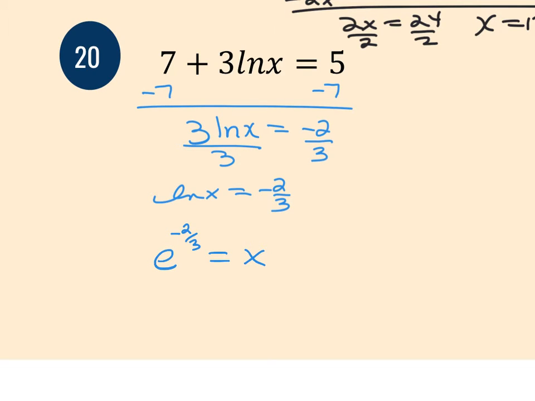Take out your calculator, find your e button that raises it to a power, put in -2/3. If you don't have the option of putting it in as a fraction, you would use the fraction bar, the division sign. So e to the... For those of you who have the graphing calculator, you can hit the alpha and the y equals button, and it gives you the option of entering it as a fraction. So this would give me